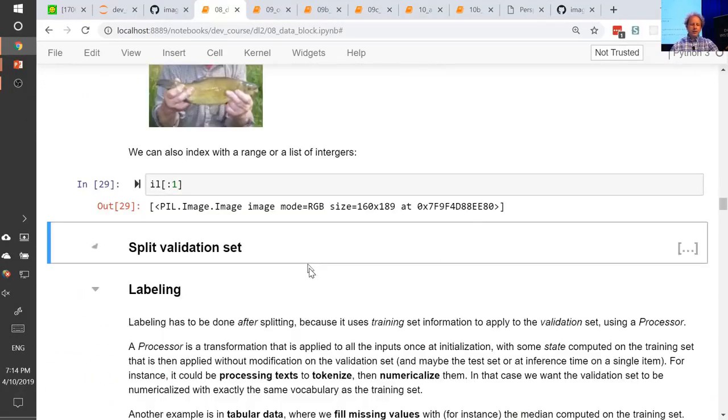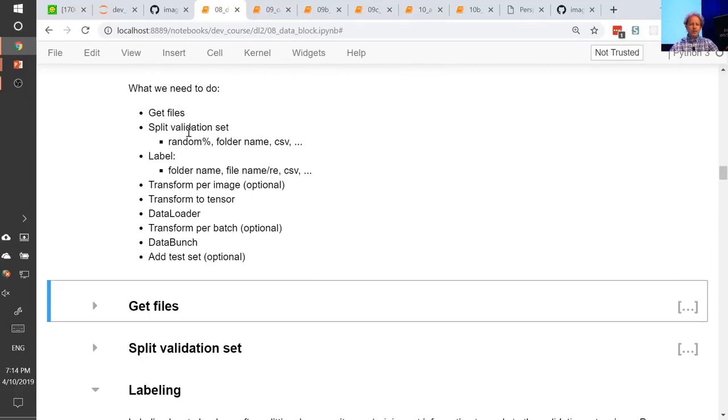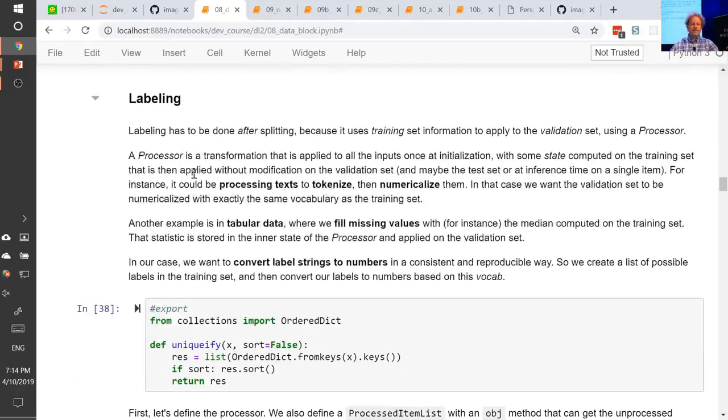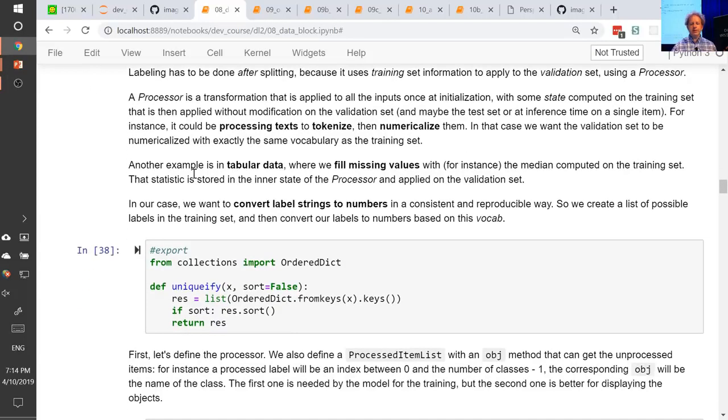So next in our list of things to do is labeling. Labeling is a little more tricky. And the reason it's tricky is because we need processes. Processes are things which are first applied to the training set. They get some state, and then they get applied to the validation set. For example,